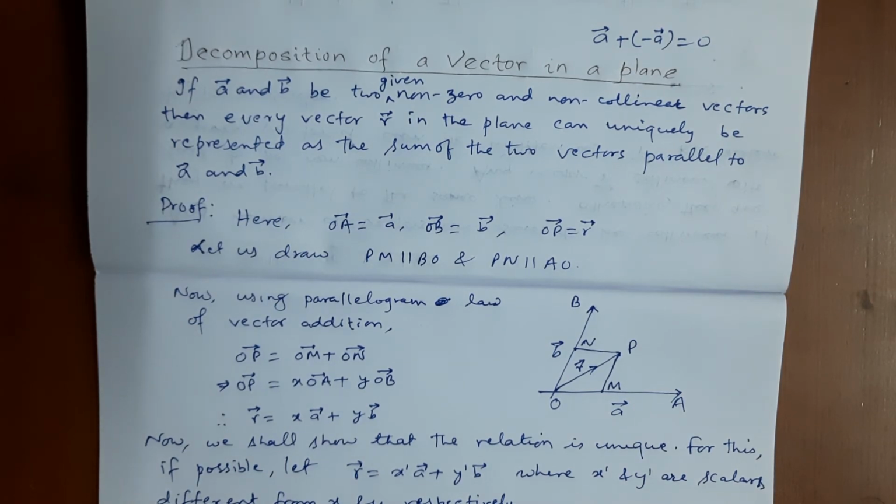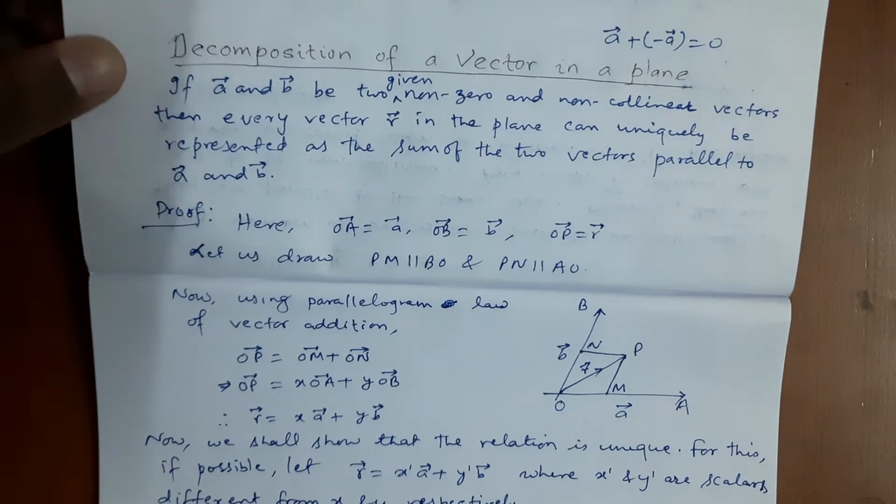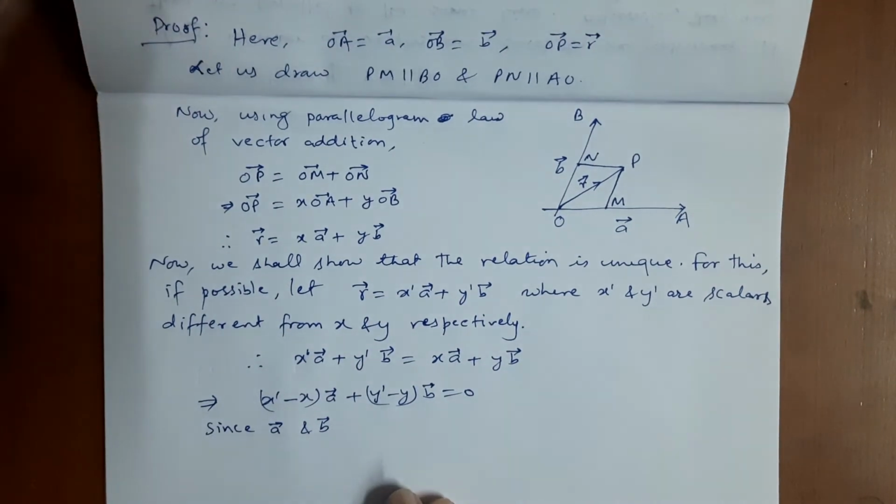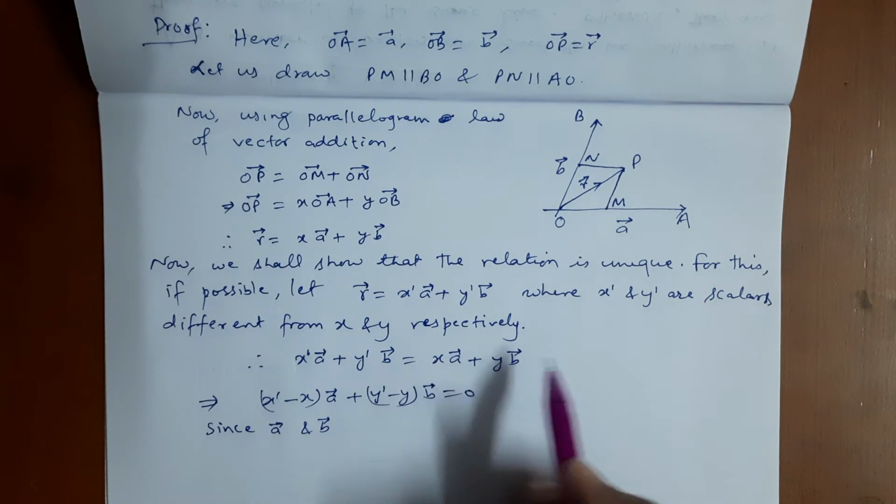Okay, and since vector A and B are non-zero and non-collinear vectors,